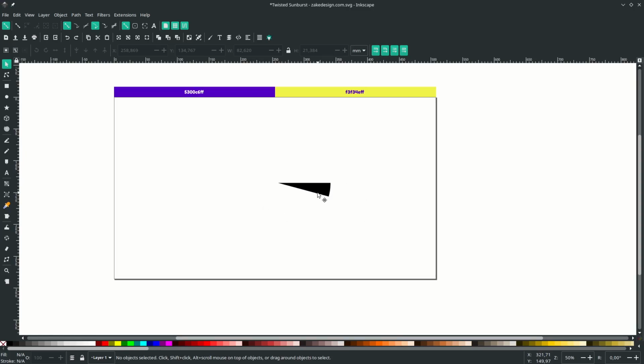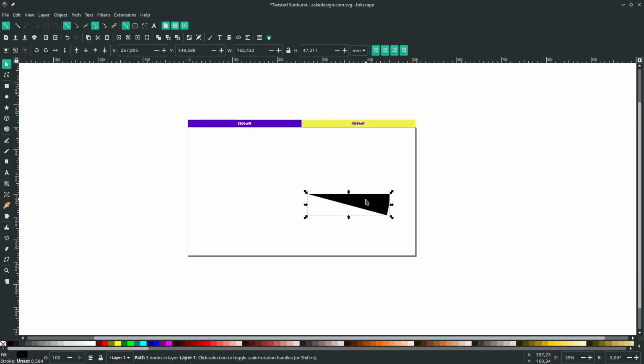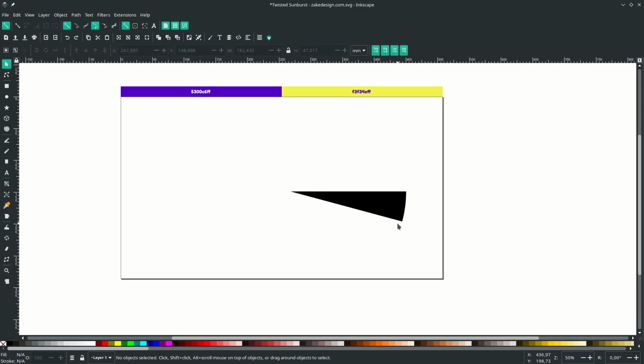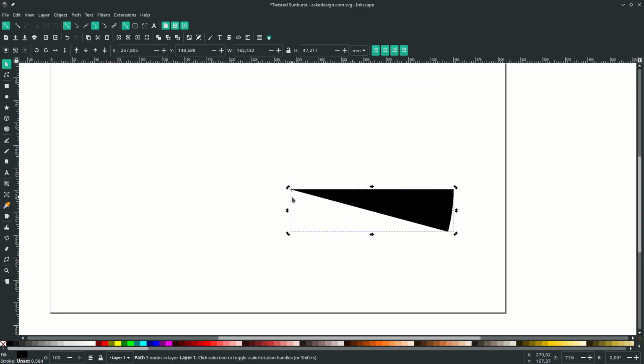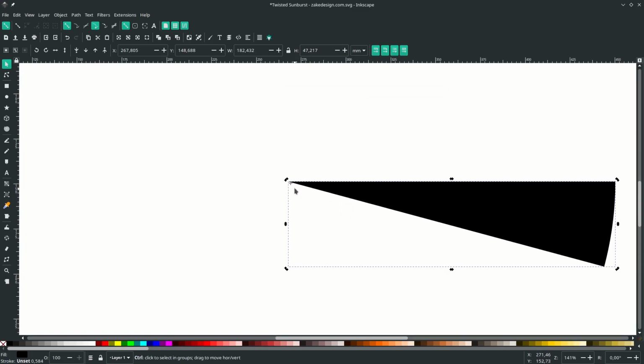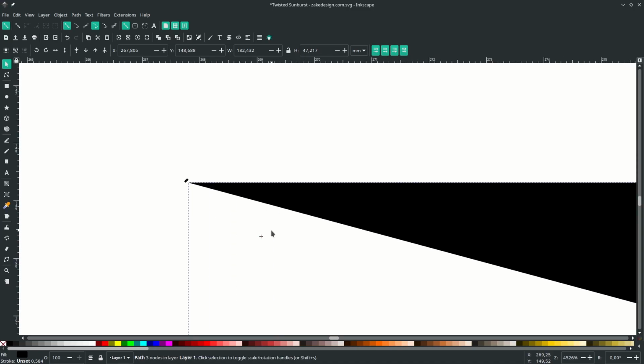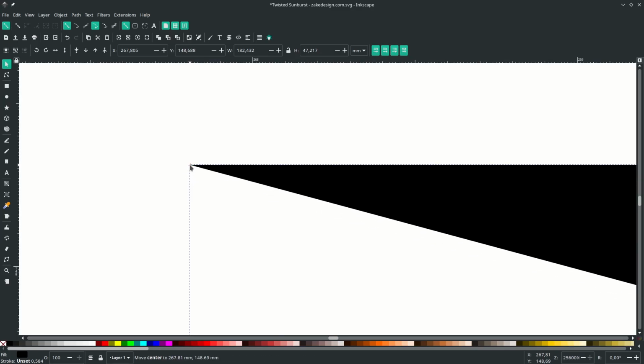Scale it up, click this and hold Ctrl Shift. Make some proportional scale around this. Place it on here. Then we're going to move the rotate point. Just click twice until you see this rotate arrow. This rotate point, just move it to here. And you can zoom it by Ctrl mouse wheel up. Make sure it's in the corner. Okay, around this.